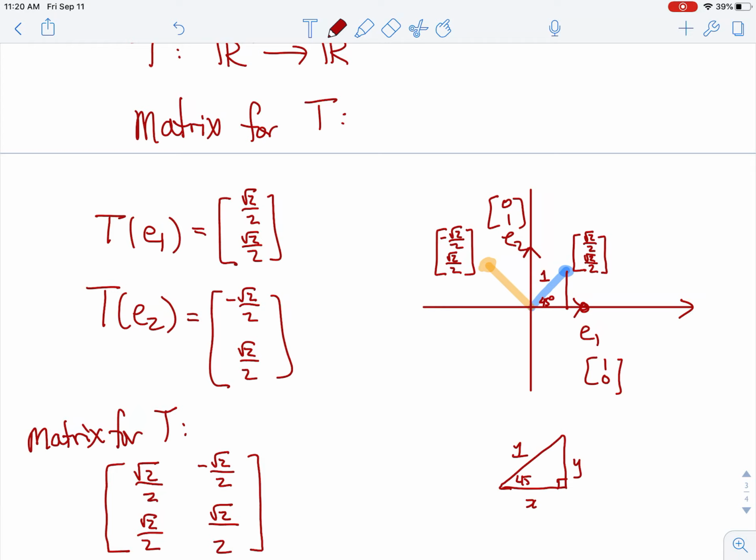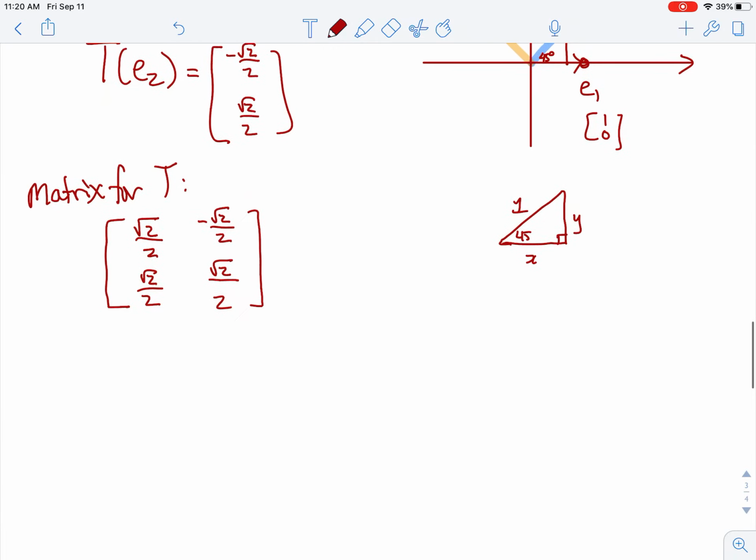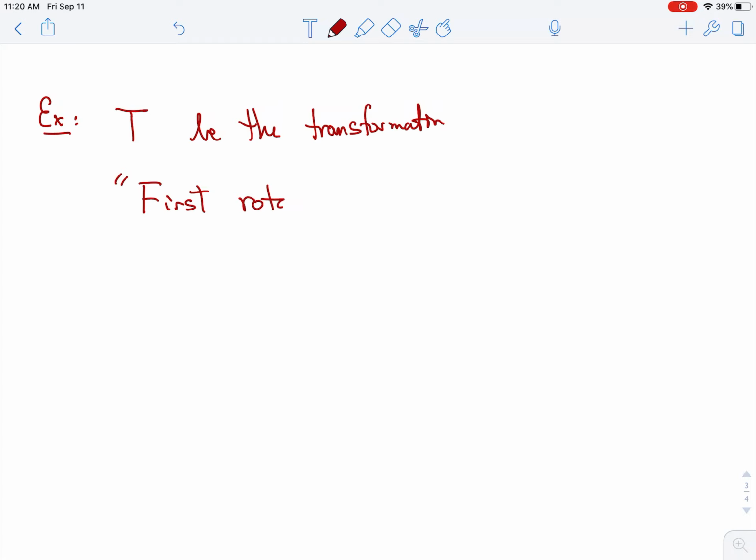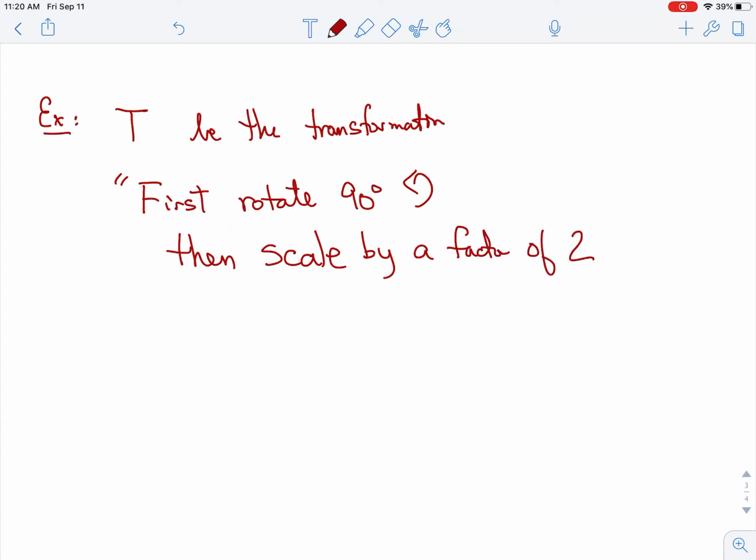So we're going to do 2 more examples, and then I think I'll stop. I want to keep this under 15 minutes. But in all of these examples, all we're doing is we're tracing where E1 and E2 are going to go. And so let T be the transformation. And this is going to be a little bit more complicated. This is first rotate 90 degrees counterclockwise, then scale by a factor of 2,